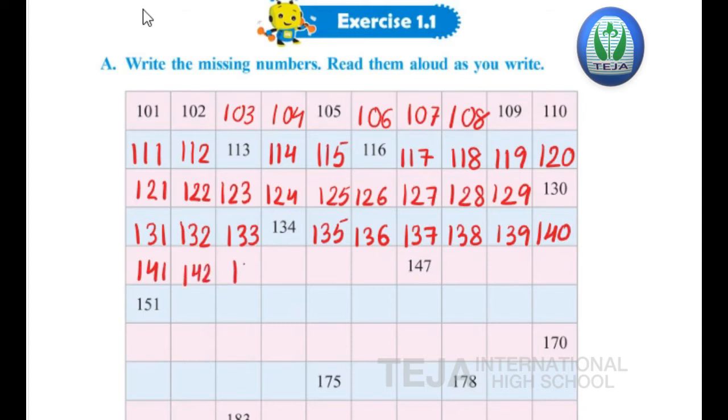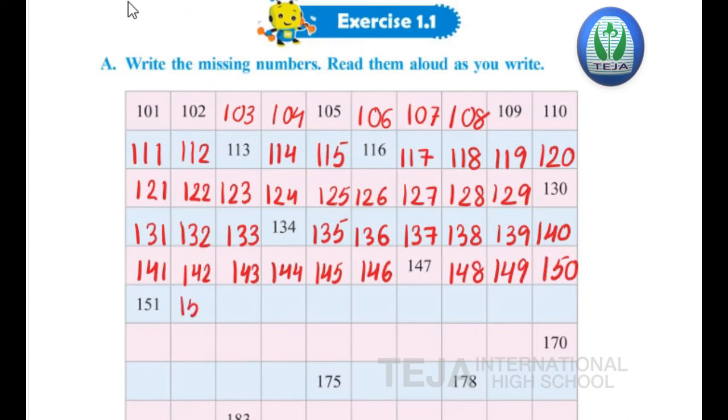142, 143, 144, 145, 146, 147, 148, next 149. Now we have completed half of the numbers. 150,